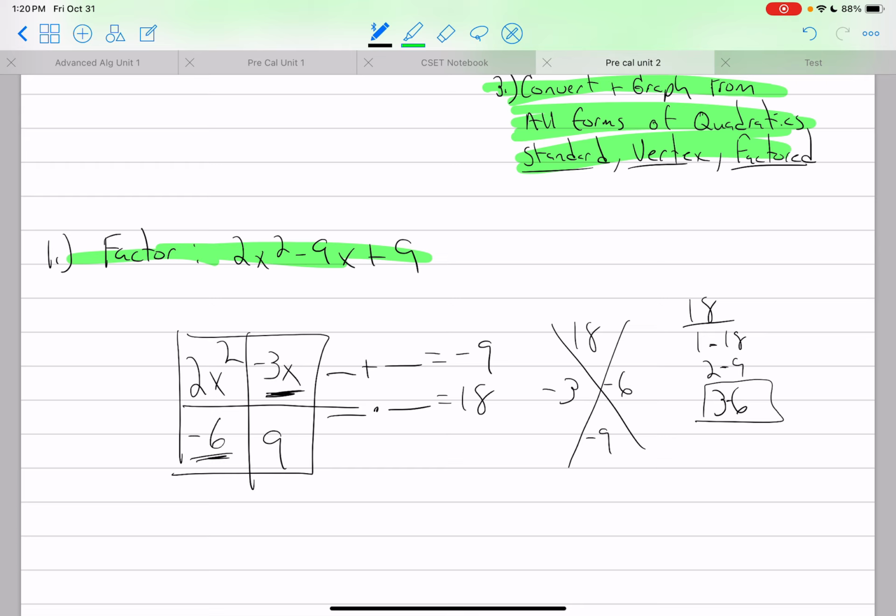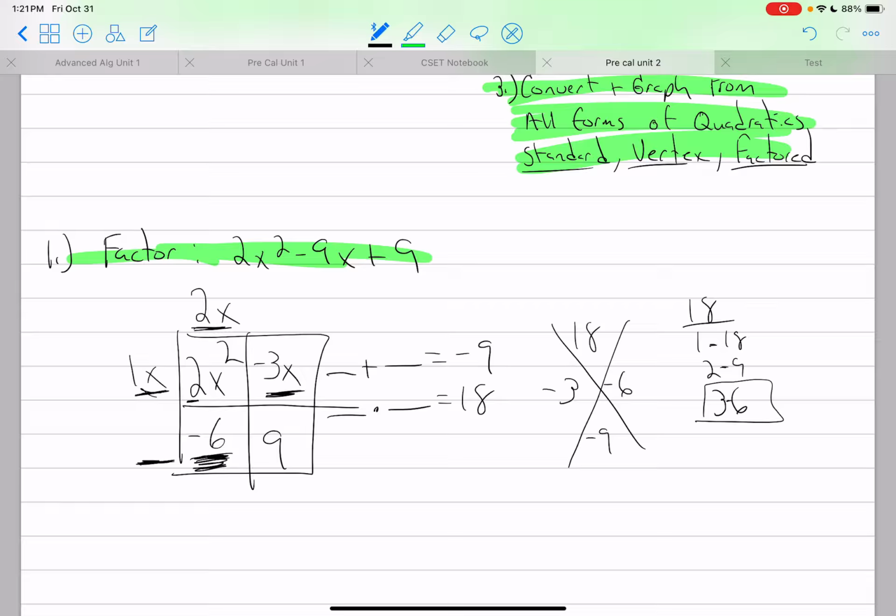Now I'm here. I got to get 2x squared. The only way I can do it is 1x times 2x. So where does it make more sense to put the 2? Probably here, 2x, 1x, because I can see this and this are both divisible by 2. So 1 times 2 is 2, x times x is x squared. Now to get this spot,